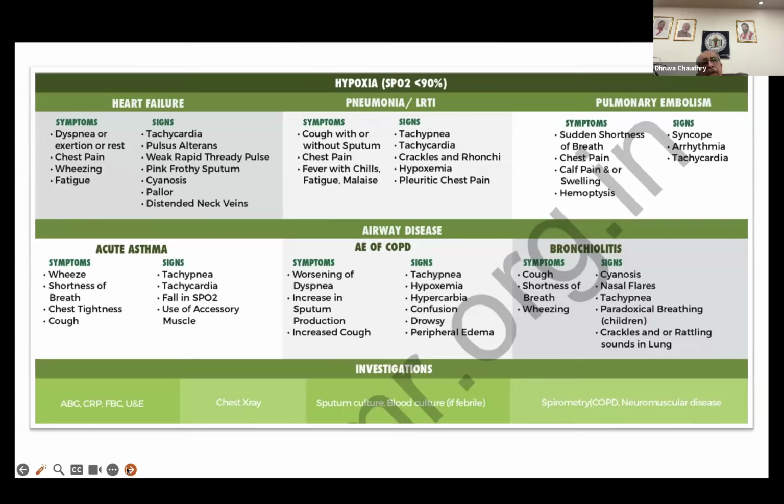Hypoxemia is the rule in these cases when there is a large lobar consolidation. Pleuritic chest pain happens when there is pleural involvement, and they may have a parapneumonic effusion. When you find decreased breath sounds, you will confirm later with an X-ray chest. So radiology: when you suspect it, you do an X-ray chest and you find clinically that this is pneumonia.